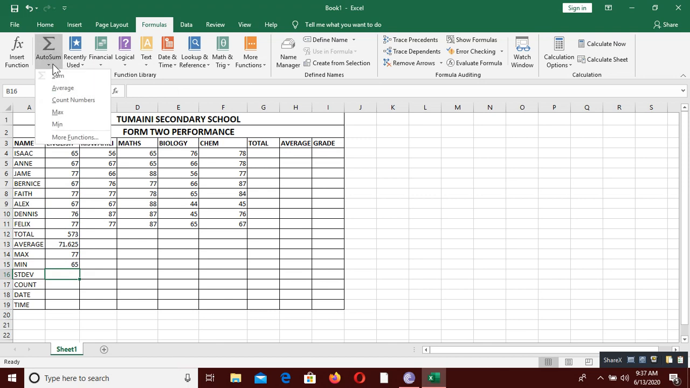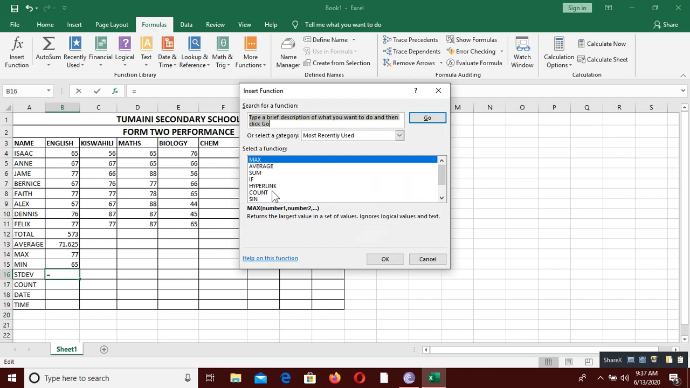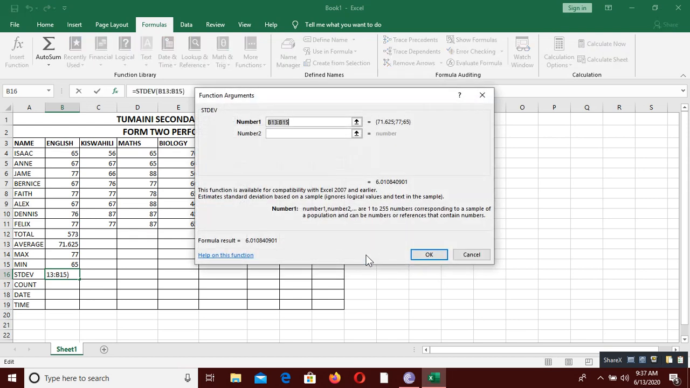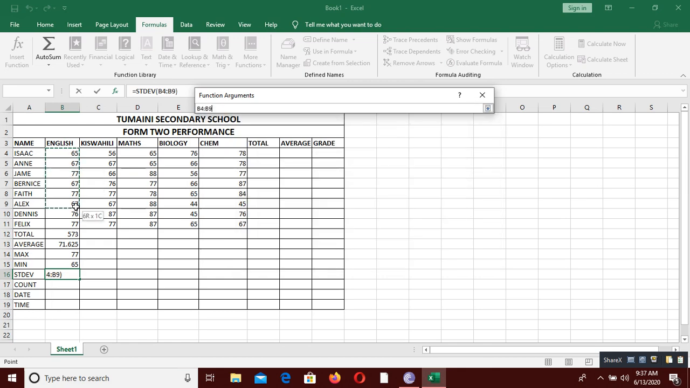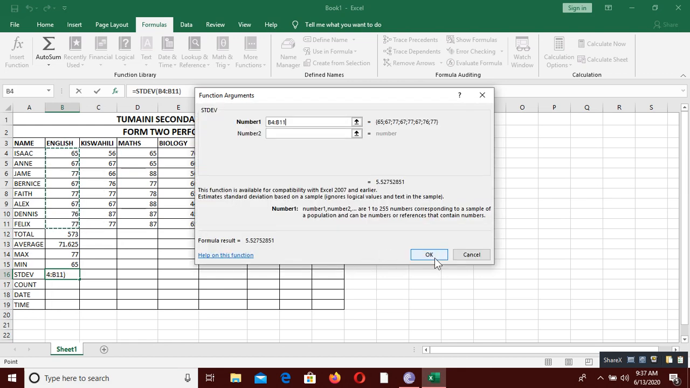So click here, more functions. If the standard deviation is not there, click more functions. The standard deviation, click on OK. So you drag, make sure the selected cells are okay. This is not the correct one. It should be B4 to B11. Remember that. So drag this properly up to here. So when you click OK,